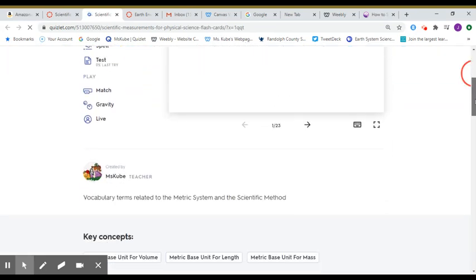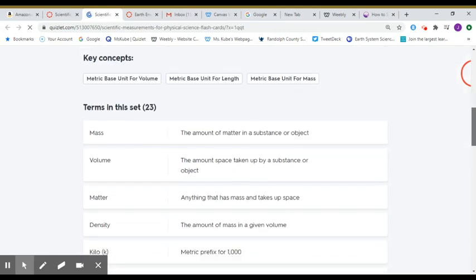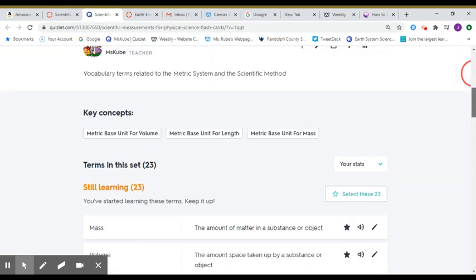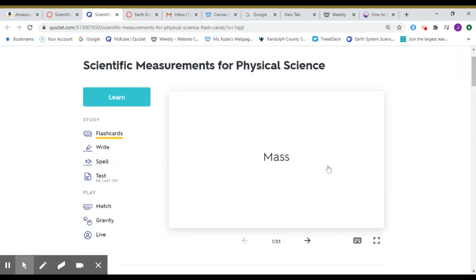Okay, so here you have the list of terms, and so you can look through what they are. You can study them by the flashcards. That would be good if you're doing this on your phone. But a really good way to try to study, I think, is to take practice tests. All right, now when you click on tests,